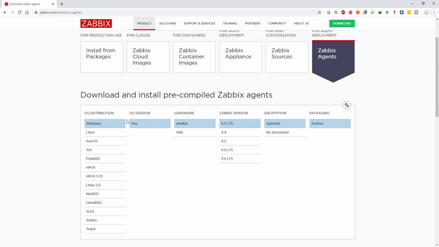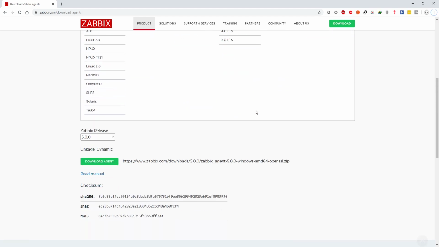So you can basically configure any one of them. The Windows one works on servers as well as on client machines running Windows operating systems. You have to download the Zabbix agent based on the Zabbix server version. Right now we are running 5.0, so we will download the 5.0 version.